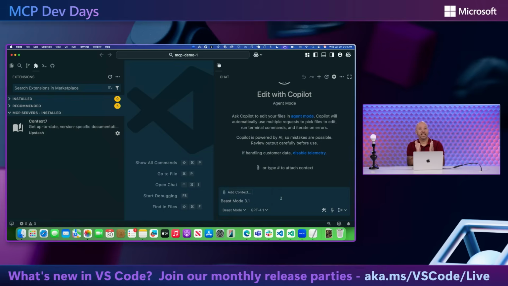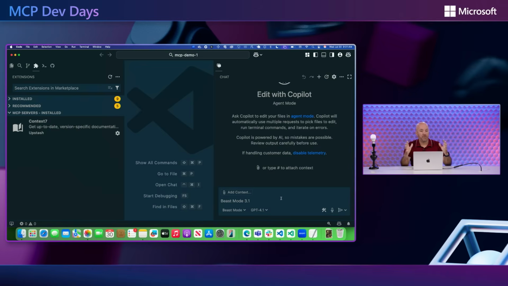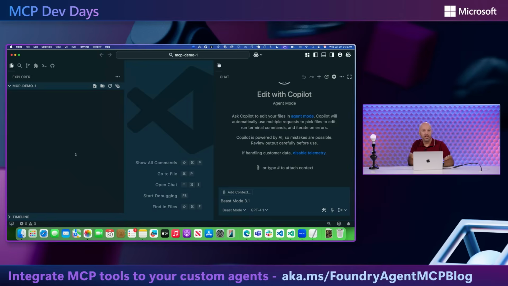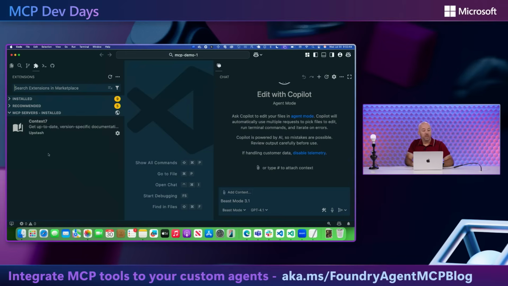All right, so with that set up, let's go ahead and see if we can start out and vibe code an MCP server from scratch. And when I say from scratch, I mean from scratch. There's nothing in this project, okay? We're starting from absolutely zero. What could go wrong? So first, I do want to say I'm going to use the Context 7 MCP server,